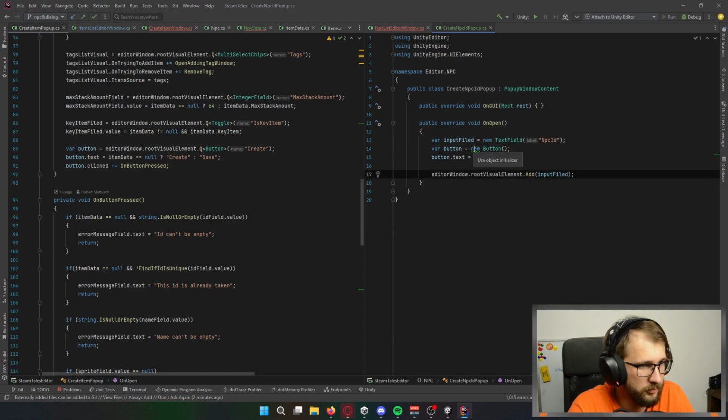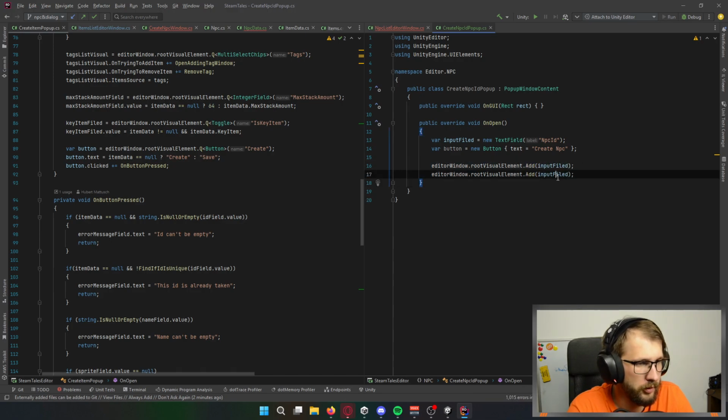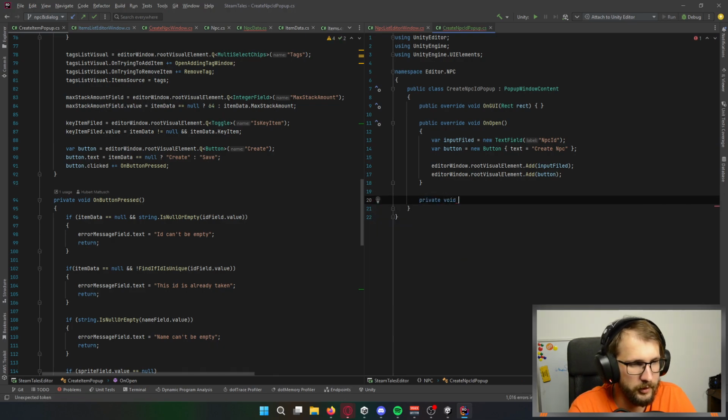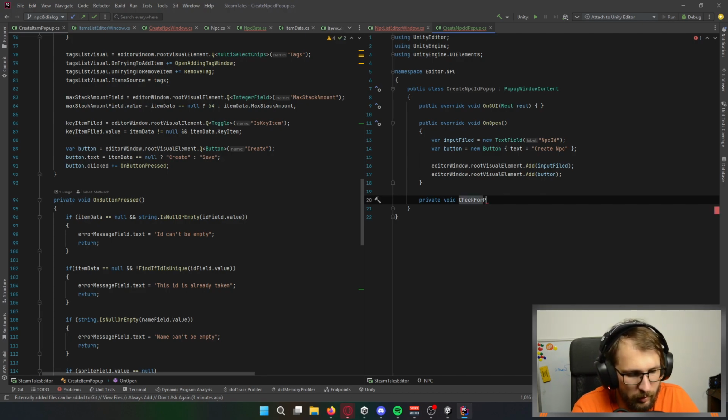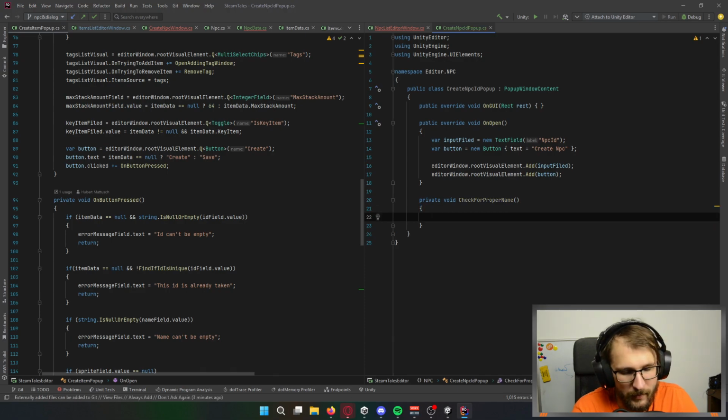So now we can go with it like that. We can go with a button. So now I should add something on clicked. So private void CheckForProperName, of course.